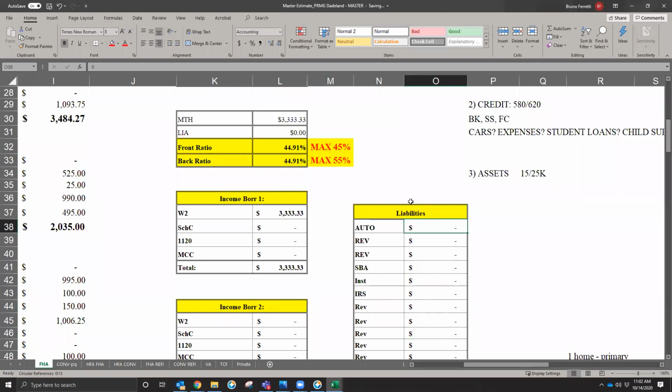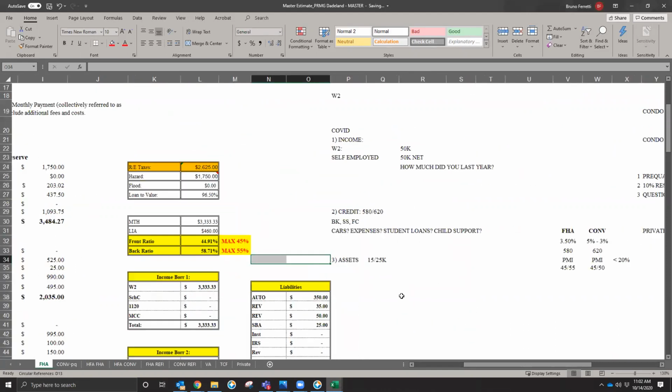So Teresa, quick question for you. How much would you say is a normal car payment in Miami, for an average person that makes $40,000 a year? 350? 350, 360, 380, perfect. 350, they instantly don't qualify with just a car payment. Now let's assume that they have credit cards, minimum payments, 35, minimum 50, minimum 25. So easily you can see,